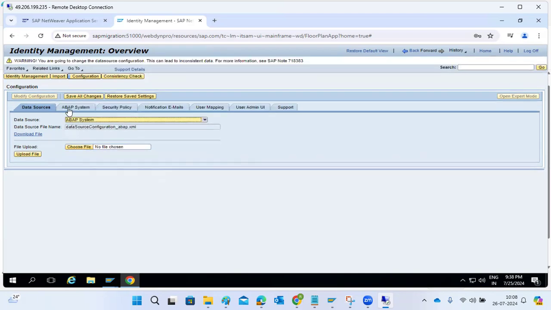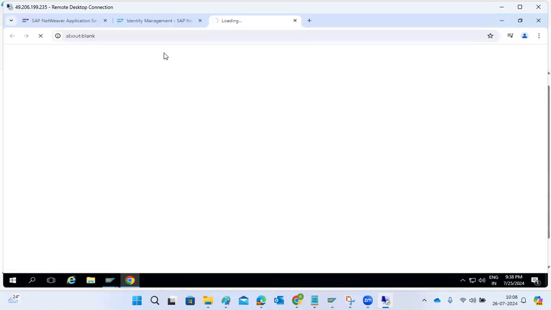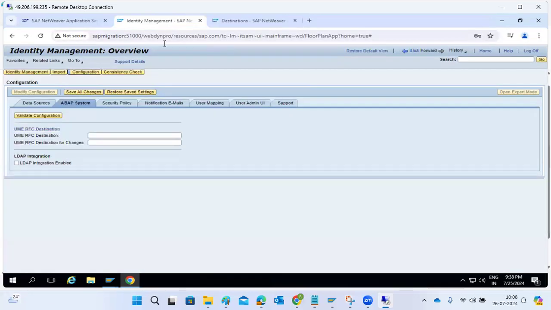In the ABAP system details, we have to create one destination name, which is called the UME destination name. In the destinations field we need to create one destination here, so that what will happen